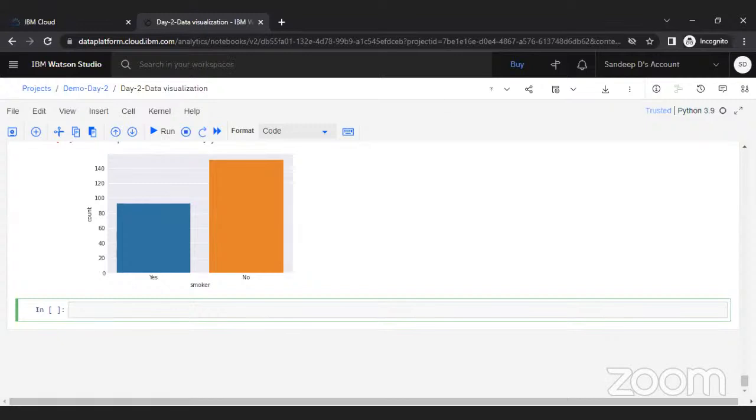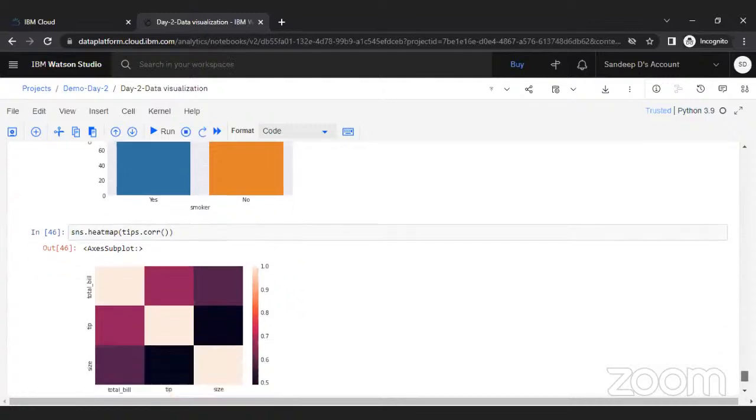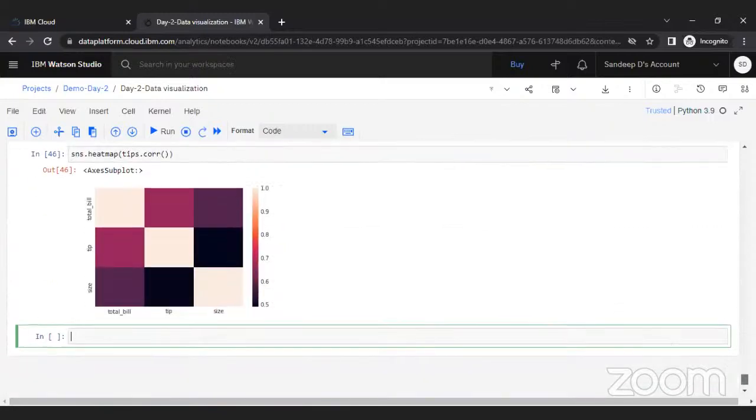So this visualization is heat map. Please keep in mind that this visualization will be plotted for only the numerical values. For the categorical value, it will not be plotted. Like for the textual value, it will not be plotted. So it is taking only the numerical features, that is tip, size and total bill. And it is giving us the